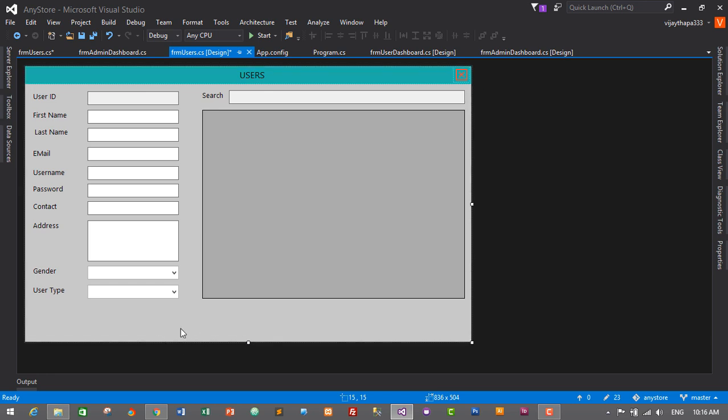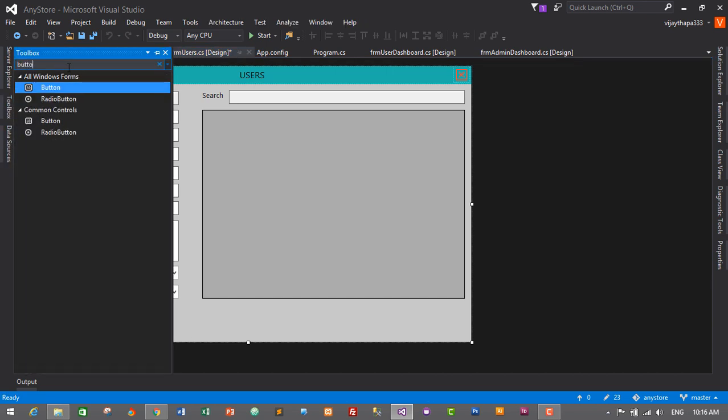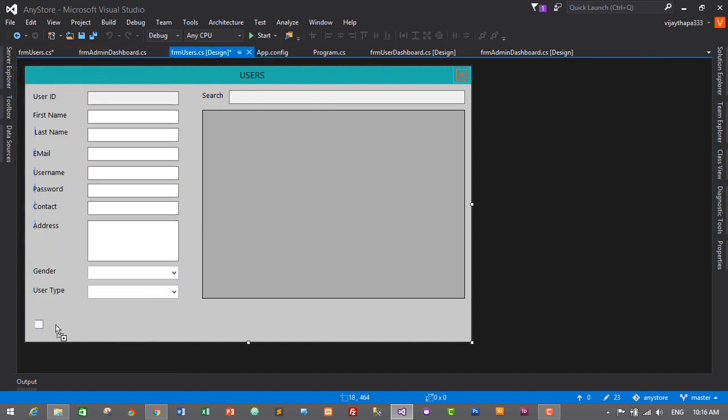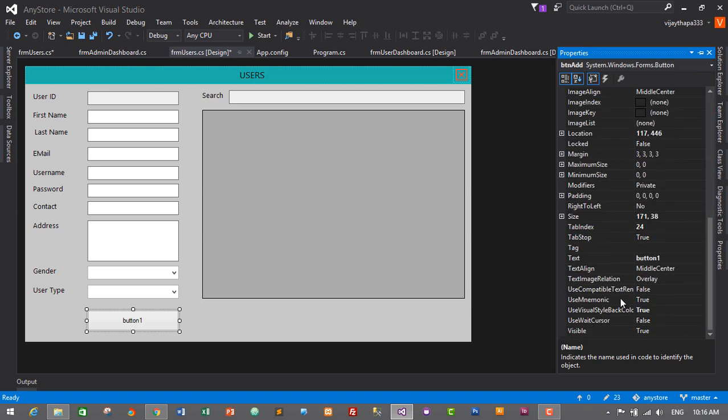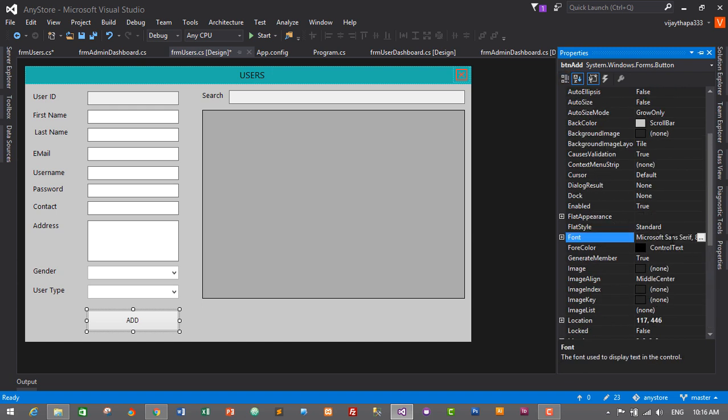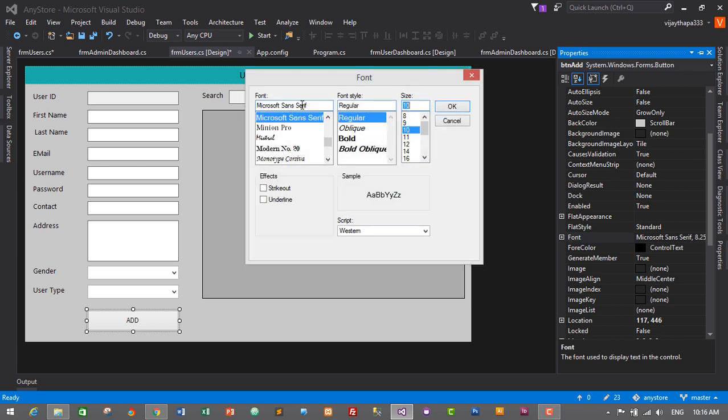So now we need to add 3 buttons, that is add, update and delete. So we will add 3 buttons down here. Go to toolbox and search for button. First one will be the add button. Let's make it a little bit bigger. Then go to properties and change the name to btn add. Let's change text to add, its font to 10 and Segoe UI,